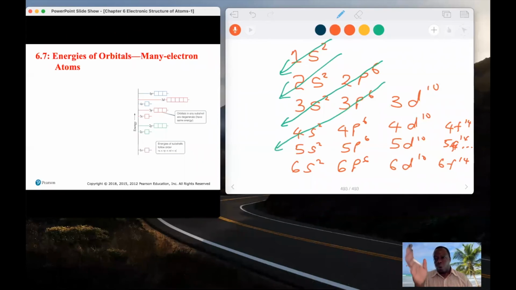So 1s, and then 2s, 2p, and then you change 3 here, 3d10 and 4p what? 4p6 and 5s2. So if I go to this third level right here, it will give me the pattern